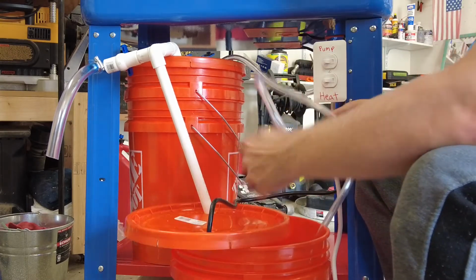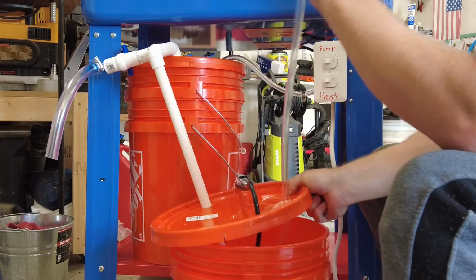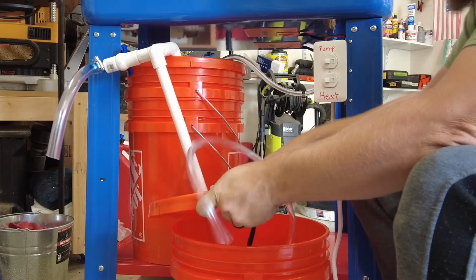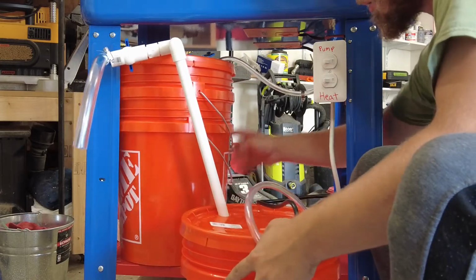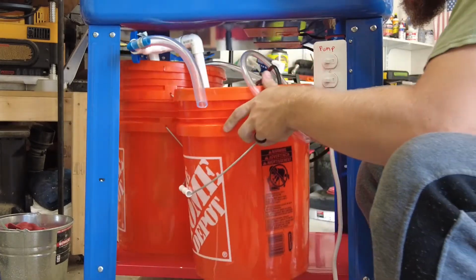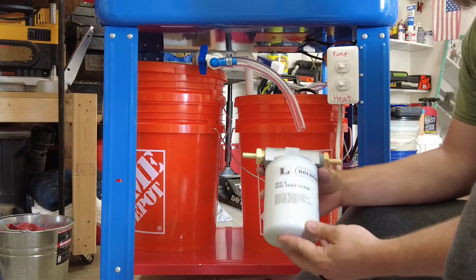Okay, we'll drop that down in there. Then we're going to feed the feed line out of it. Then we'll just set this in here like this. Okay, what I'm going to be using for this is just a